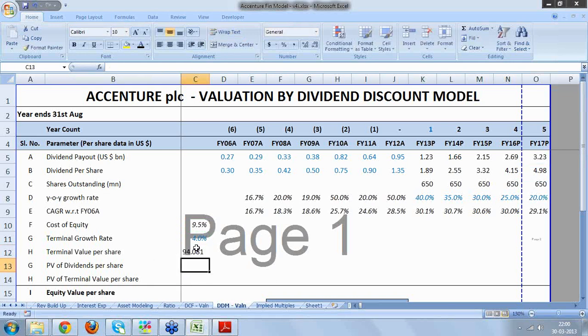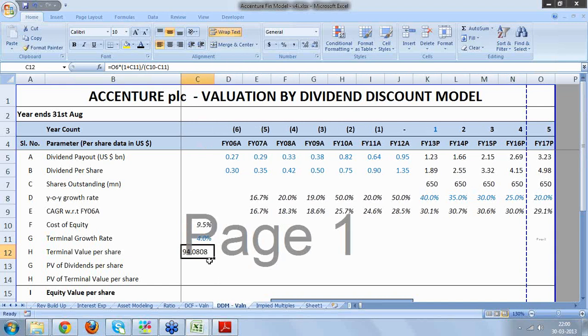I'll close the bracket. So this terminal value per share is,